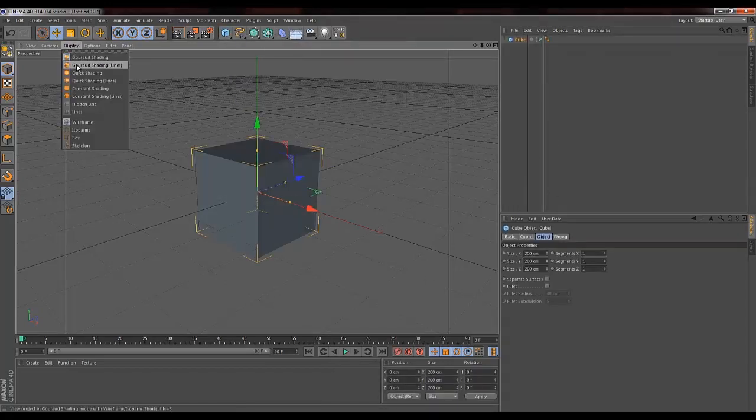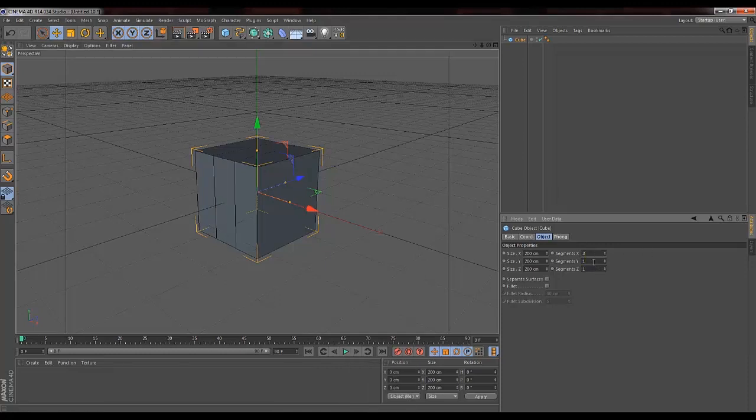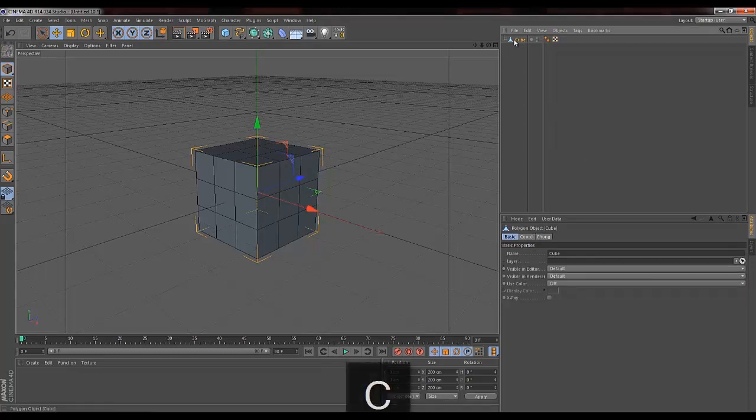And I'm just going to do display shading lines so we can see our lines and put a few segments into the cube. And I'm going to press C on the cube to make it editable. So it's no longer parametric, it's now editable. Okay, so the first one I'm going to do